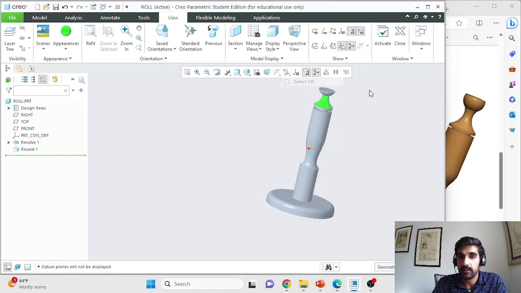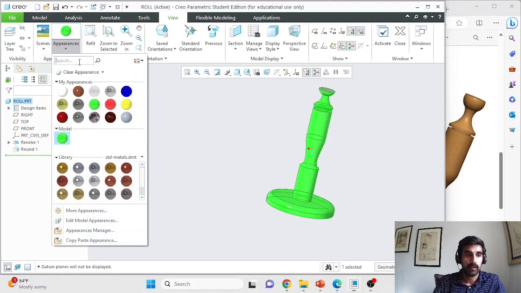I'll hide the edges, and we don't want it to be green, so what we want is to have a wooden texture. So the first thing that you do is that instead of manually selecting all the surfaces that you want to paint, select your part from here. So this roll.prt, that's what we are working on. If we select this, then automatically all the edges are selected, and if I were to press green, everything would be painted green. But I want a wooden texture, so I'll select roll from here, and you have a rich